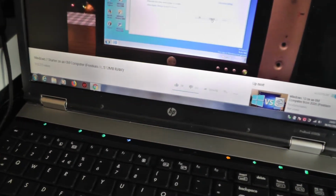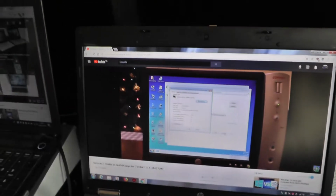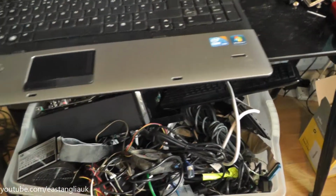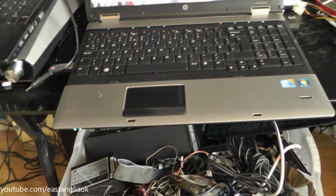If you wanted Windows Aero transparency, you would have to install a WDDM compliant video card, which is impossible on this computer as it doesn't have any expansion slots. With the hardware out of the way, how usable is Windows 7 on a computer like this? Before we open up a web browser, let's first check